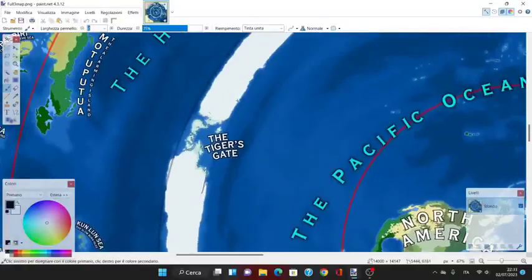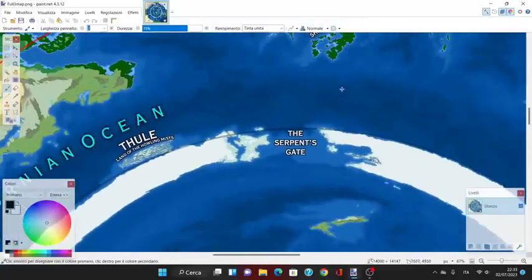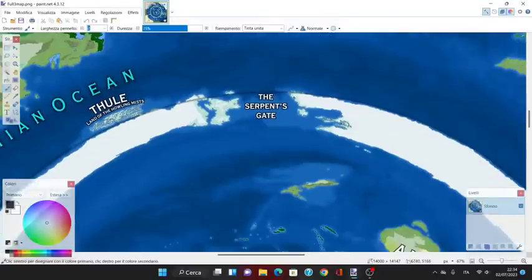Then we have the Tiger's Gate, which is called that because of the population that comes in and out of it, which trafficked many animals like tigers. And finally we have the Serpent's Gate, which is home to the original serpent, which many cultures in earthly history have represented, like the